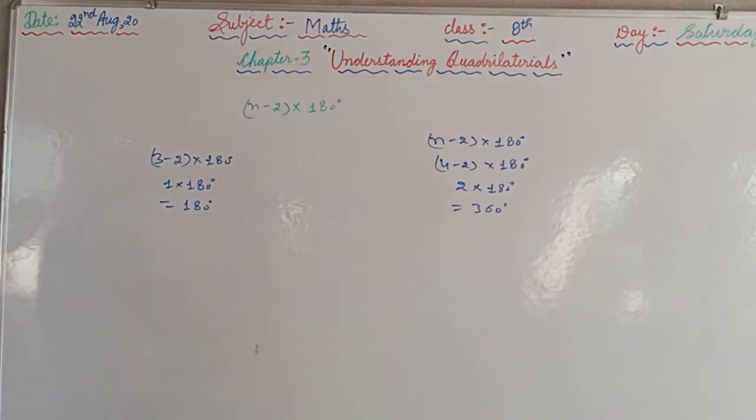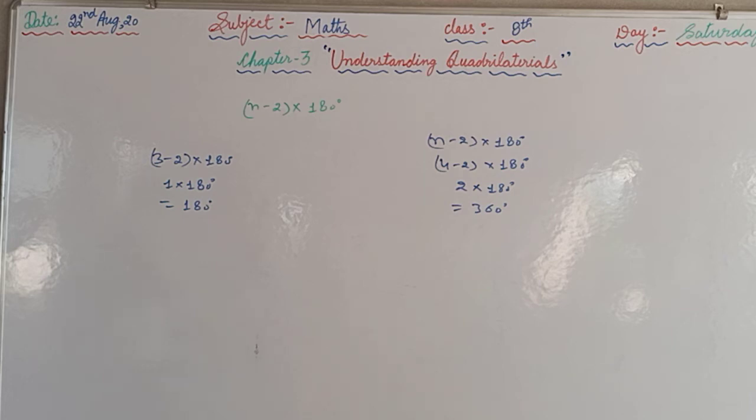In this question it is given, what can you say about the angle sum of a convex polygon with n sides? So in D the number of sides is n, and the answer is (n minus 2) into 180. For the first part, you are supposed to substitute the value of n by 7. For B, substitute the value of n by 8, and in C substitute n as 10. Like this you are supposed to perform that question.